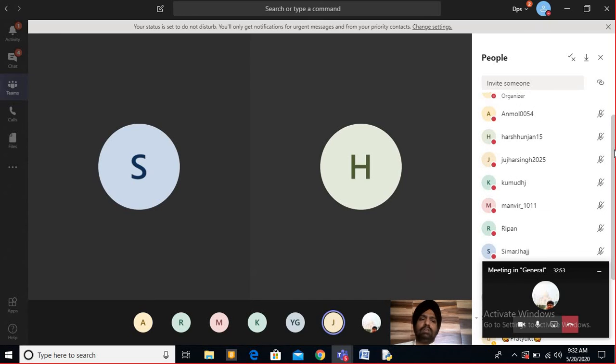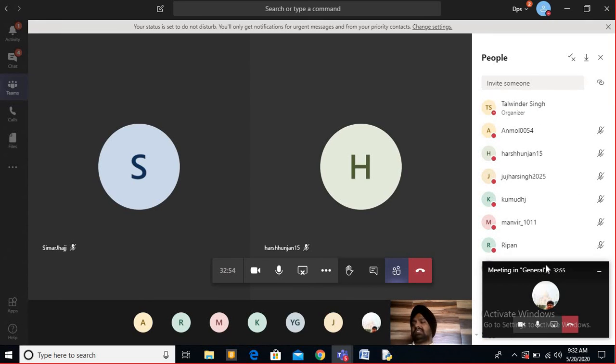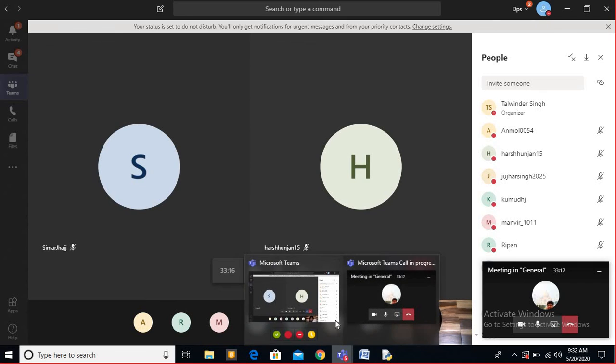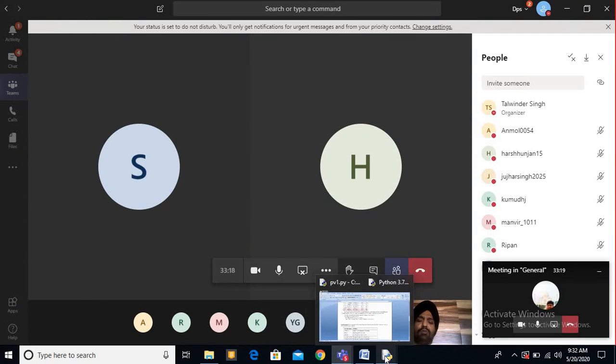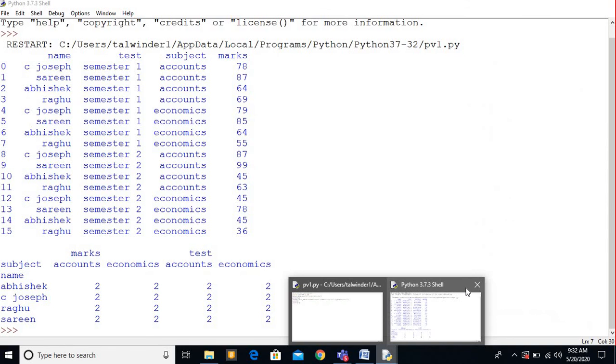Okay, so this is all in pivot. Pivot part is finished here. Okay, so pivot table is finished here. Pivot and pivot underscore table are both methods, and I made you clear what the difference is. So in that way you can use the pivot, but remember the question can come like this, that it may simply put it in the dash form also. I will just tell you how.